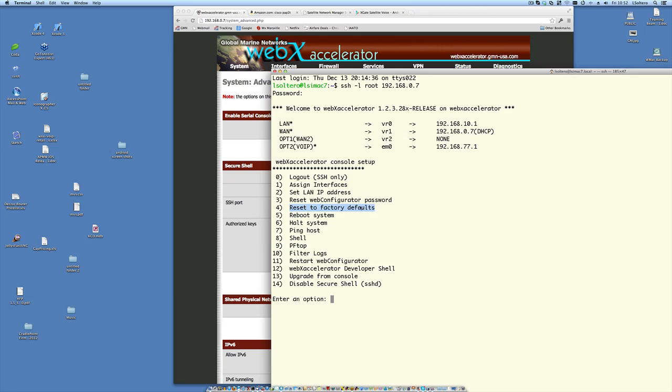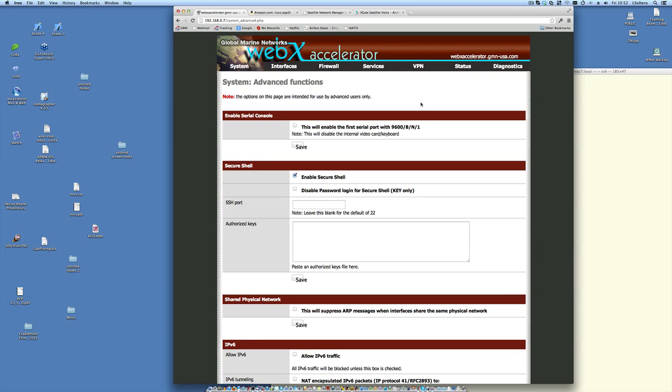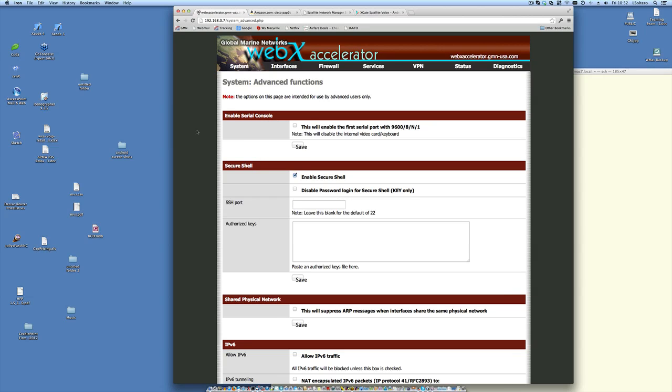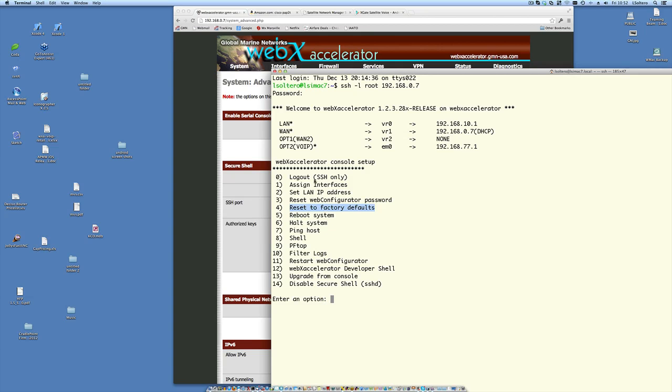But if you have access to the GUI, then you can always do it from here. Yes, right. Okay, suppose we miss out the IP address of the unit, and we're not able to access the web. Then you can just use the console. Yeah, the console will allow you. The console will show you what the IP addresses are,